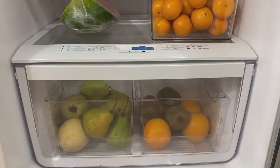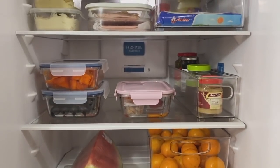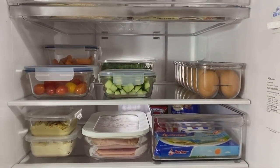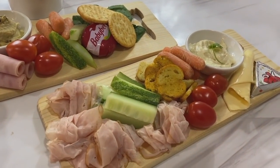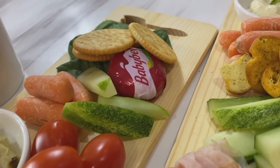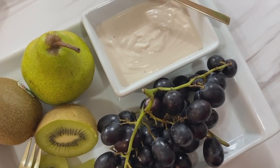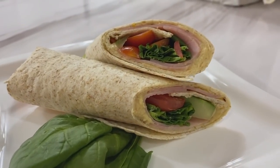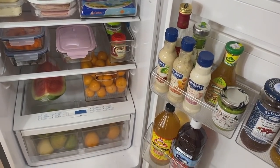For those of you who follow my blog, you will know we are working together as a family towards having a healthier lifestyle. And keeping your fridge stacked with healthy food options is the first and best way to get healthier, maybe lose a few pounds, and even gain the much needed boost in energy we could all use. So today, I thought I would show you an update of what's stocked in my fridge and, of course, how